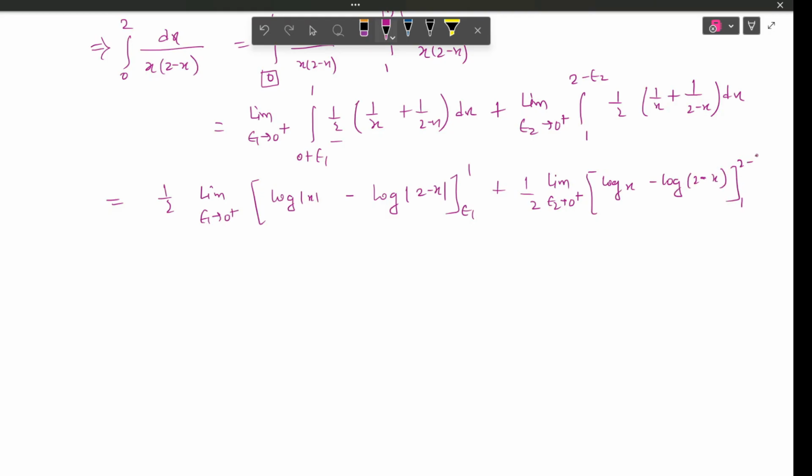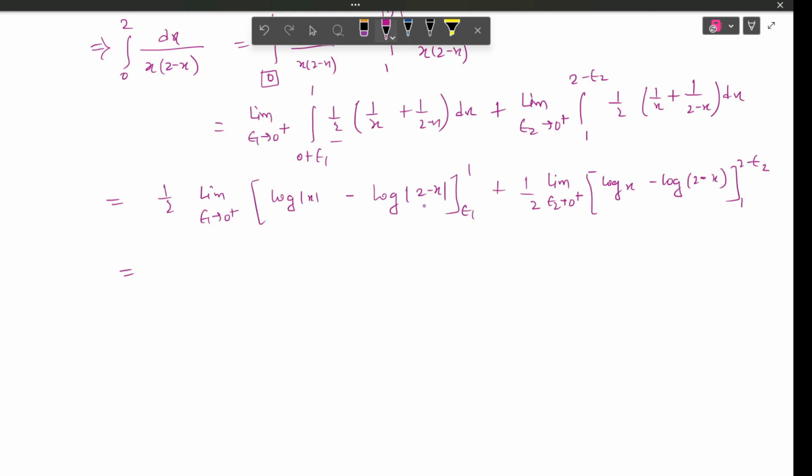This is 1 to 2 minus epsilon 2. Okay, now put the limits. If you put 1, log of 1 is 0, it will be log of epsilon. If you put 1 here, log of 1 will be 0, 2 minus 1 is 1, log of 1 is 0, and if you put epsilon here, it will be 2 minus epsilon, so it will be